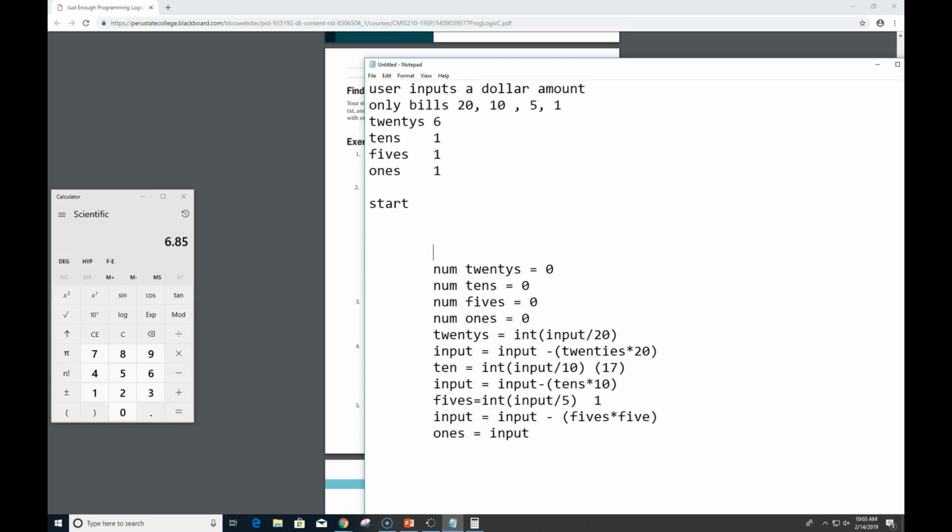We also are going to have numeric for input, because we're going to use that variable in there, right? And so we might as well give this a name. So we're going to call this declare module Bill. Maybe we'll call him Bill. So we've got an input, 20s, 10s, 5s, 1s. And maybe we have an output statement. And we have output, you have, and then we need the number of 20s,